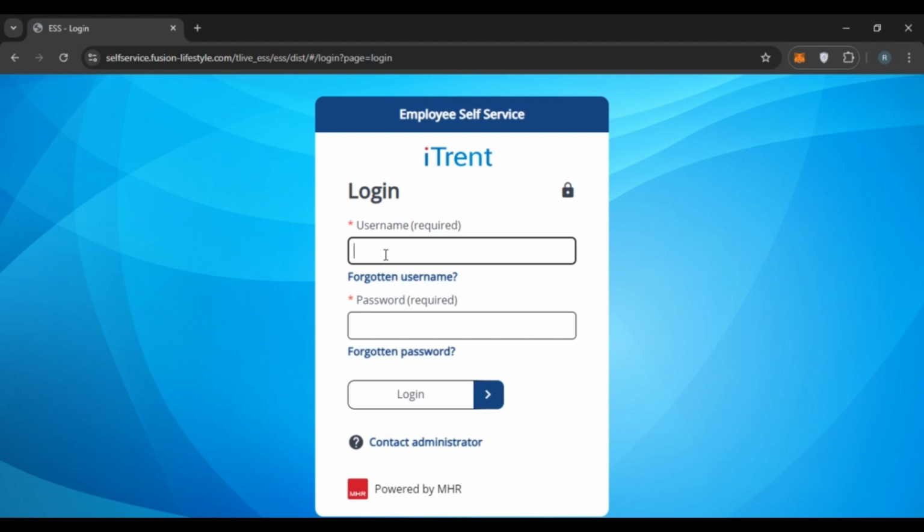First of all, enter your username. Make sure to enter the valid username. If you have forgotten your username, click on this option forgotten username. Now enter your password. Make sure to enter the correct password. If you have forgotten your password, simply click on the option forgotten password and then you'll be able to reset